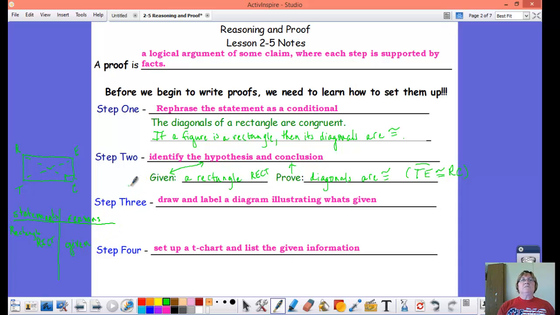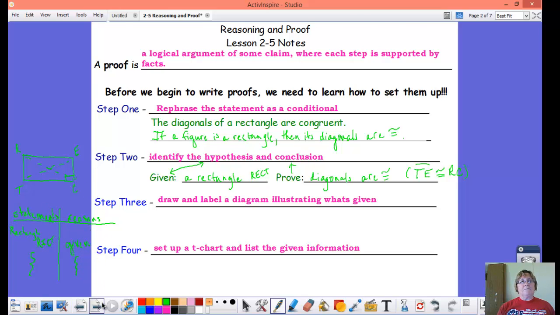So you have the 4-step plan for writing a proof. Make sure that you're starting with a conditional. Clearly identify hypothesis and conclusion, because those things become the given information and what you have to prove. We need a labeled diagram that shows the given information, and then we set up the T-chart and list what was given. Now, as we progress later in this chapter, we'll add other statements and other reasons, but for today,